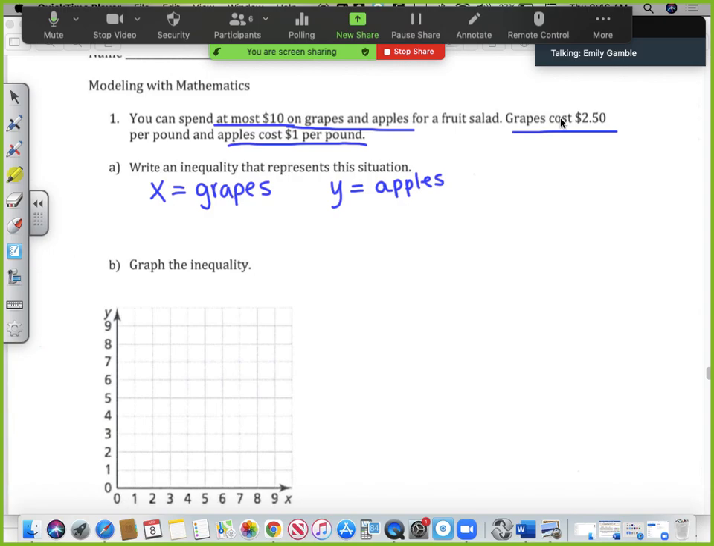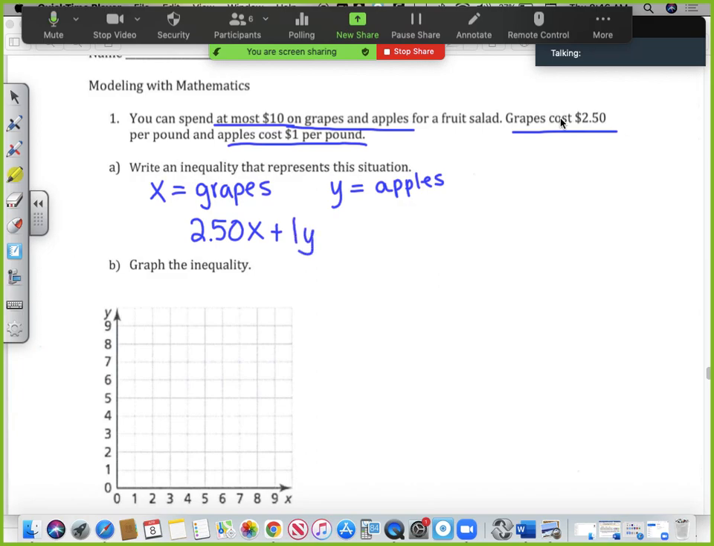And we know the cost for grapes and the cost for apples. So to create this inequality, if X represents the number of grapes, and I know grapes cost $2.50 per pound, this would be 2.50 times X plus the price for apples. The price for apples is $1 per pound for each apple, so you can either put 1Y or